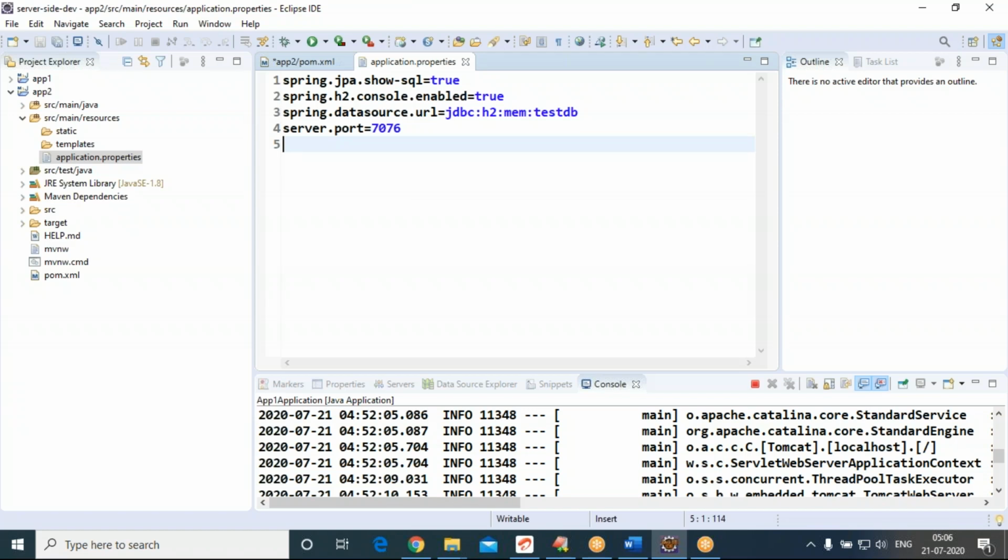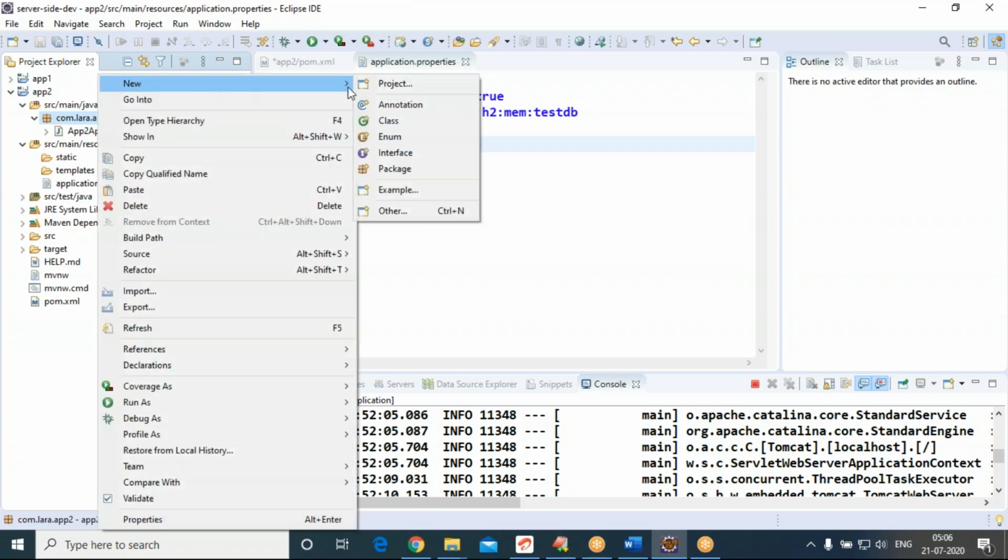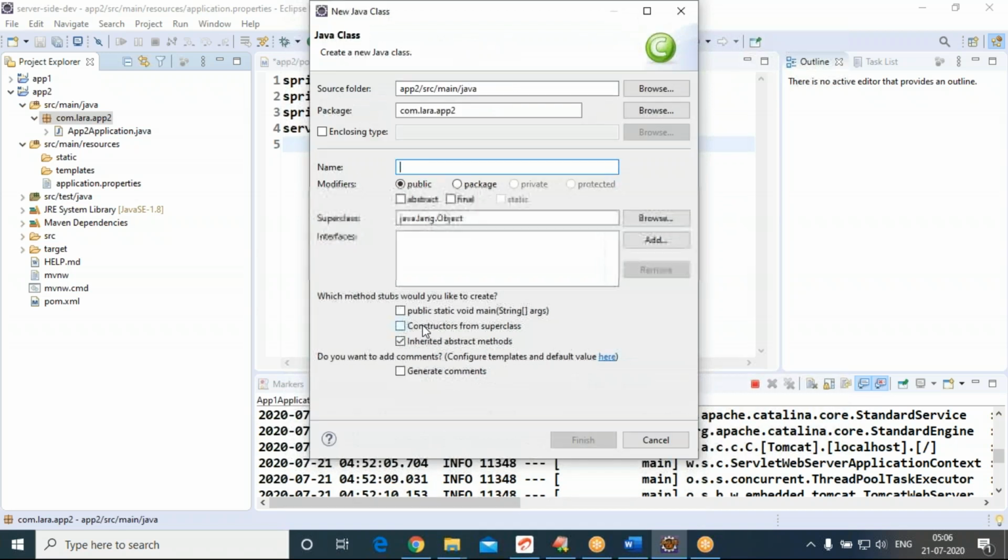This is the second step, a very important step. Come to the next one. We understood the application class. Now, right click on the existing package, go to New, select Class.